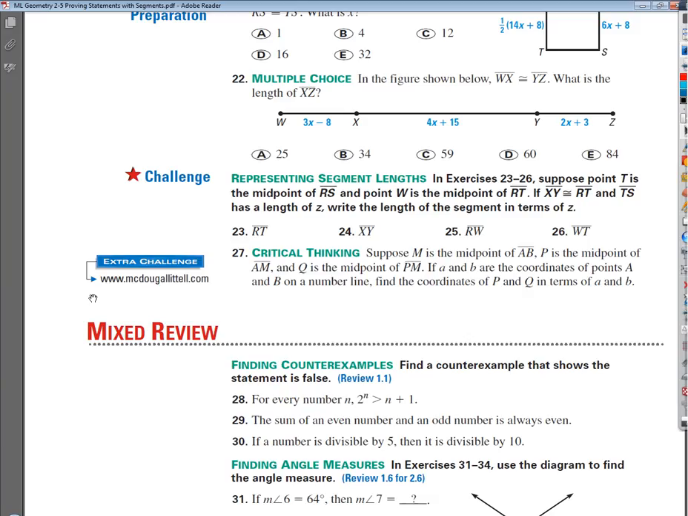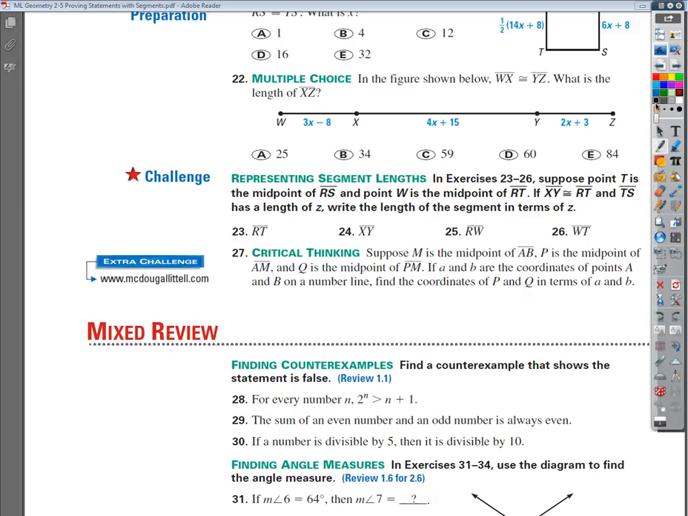Now we're going to say that M is the midpoint of segment AB. P is the midpoint of segment AM. Q is the midpoint of segment PM. So here's what we're saying now. I can see where maybe this is a little confusing when they say this. If A and B are the coordinates of points A and B on a number line, find the coordinates of P and Q, right? So if we had to draw a picture on this, wouldn't it just be something like,